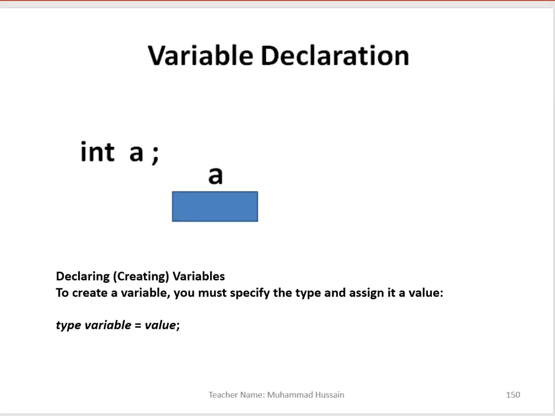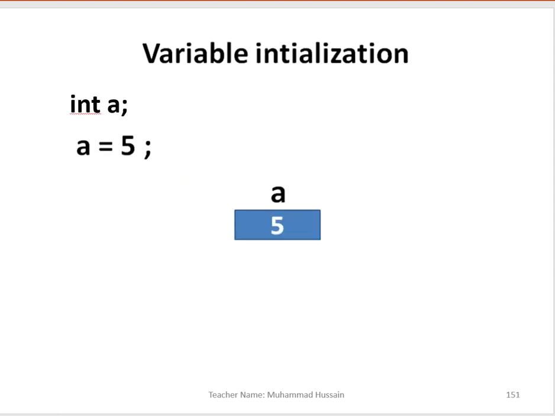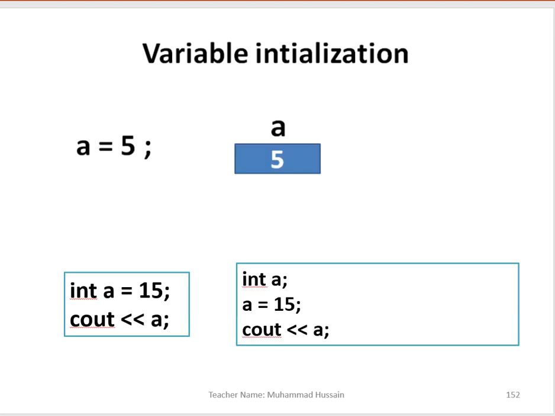So now as you know, variable declaration is something where we have no value in the block, okay? We have a block but no value in it, okay? So we just have two things: the block, and the name of that block, and the data type. So we just say that we have data type and variable, okay? If you give the value, it becomes initialization, okay? So now I want you to know that an integer a we assigned in here, and what will the result be? A is 15.